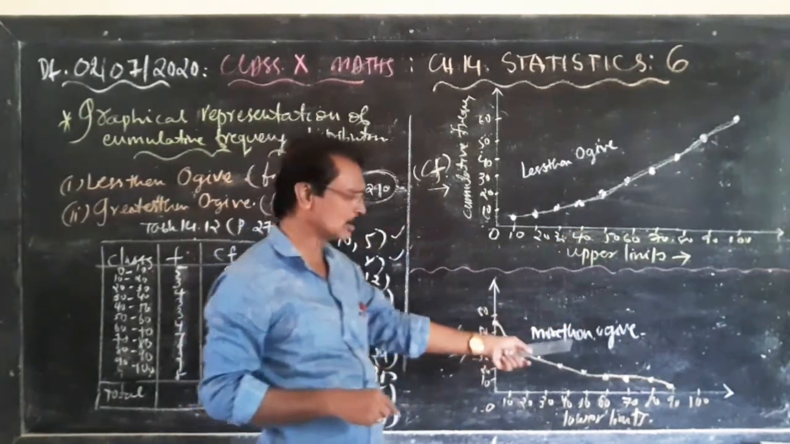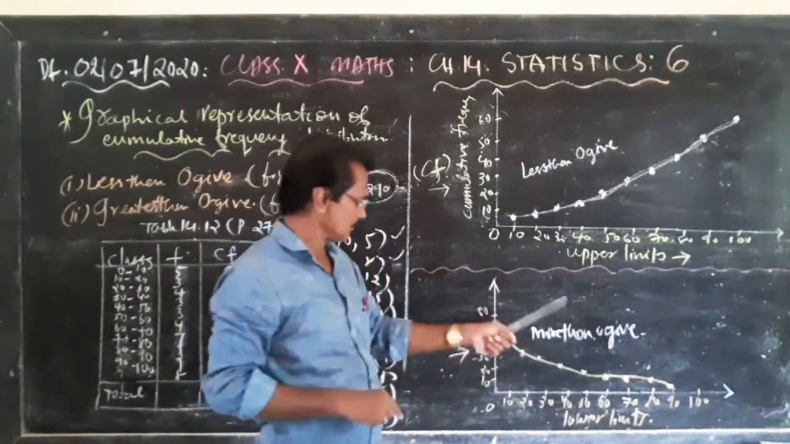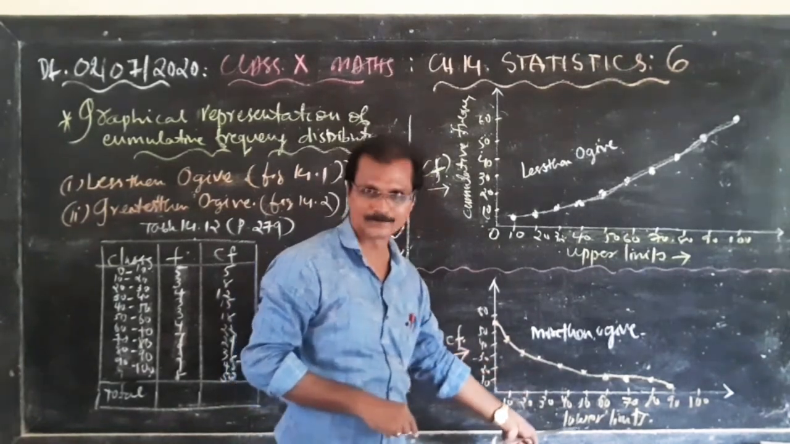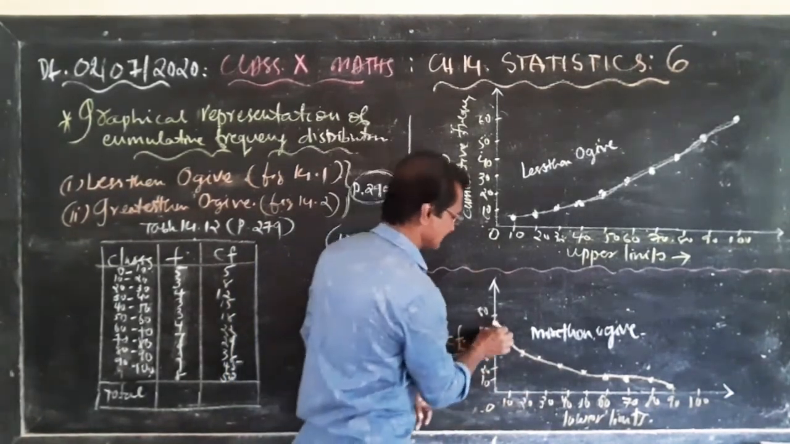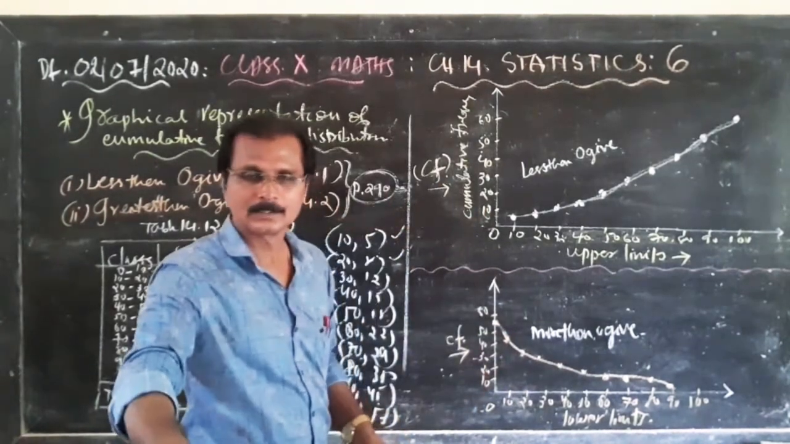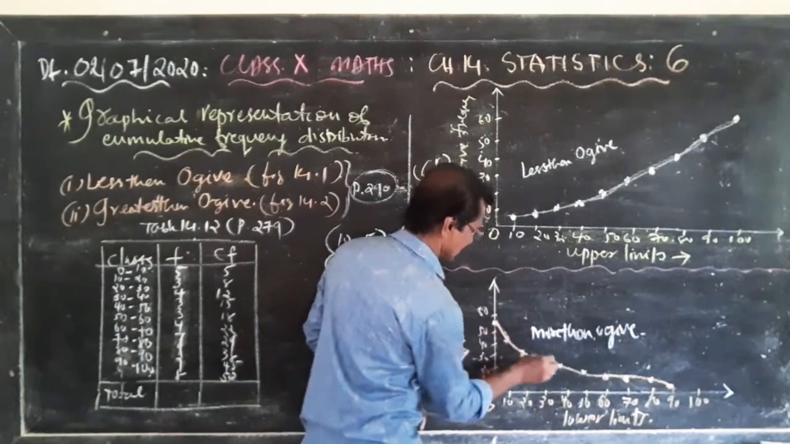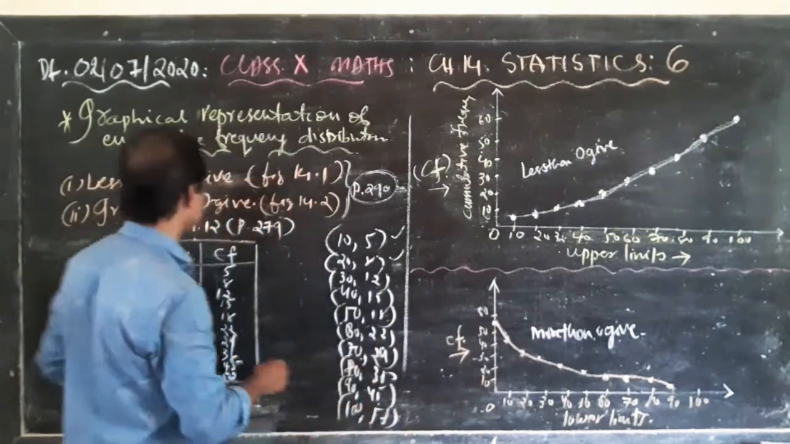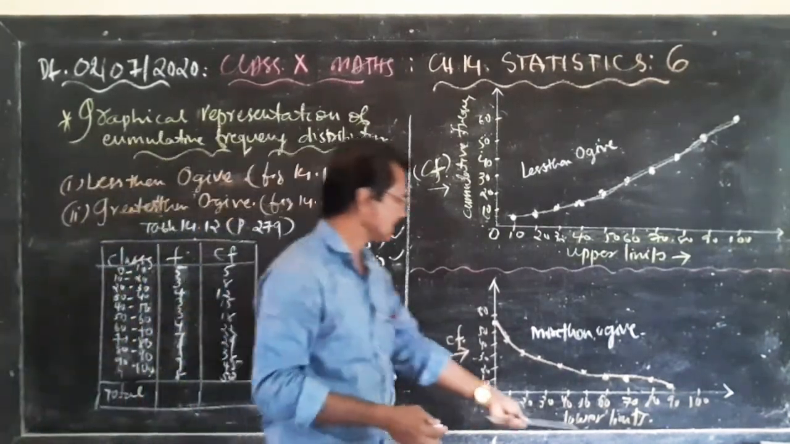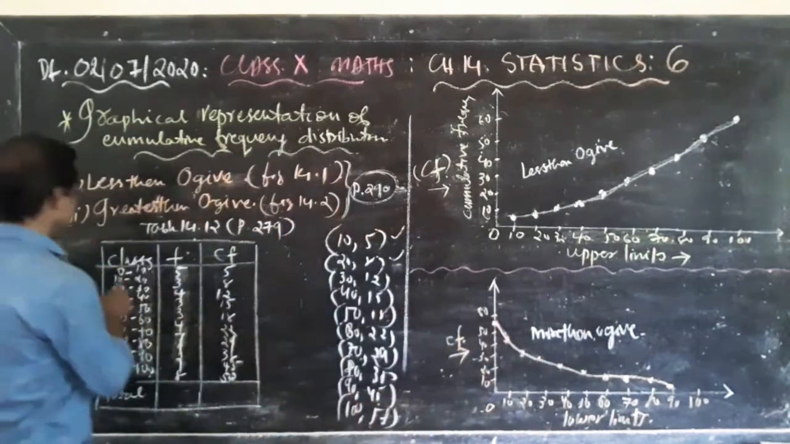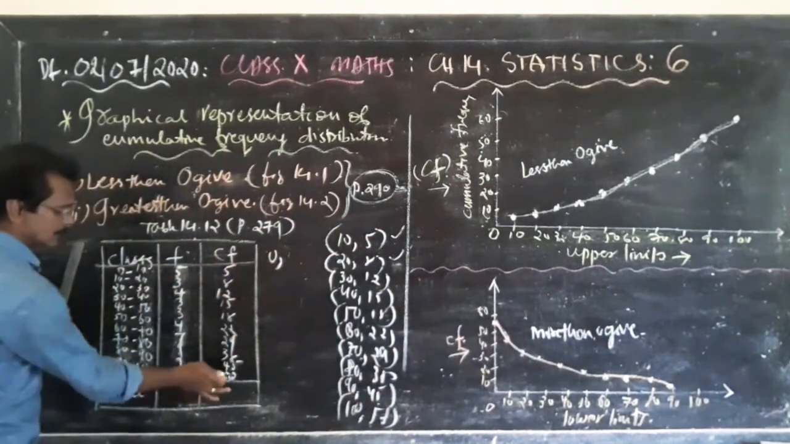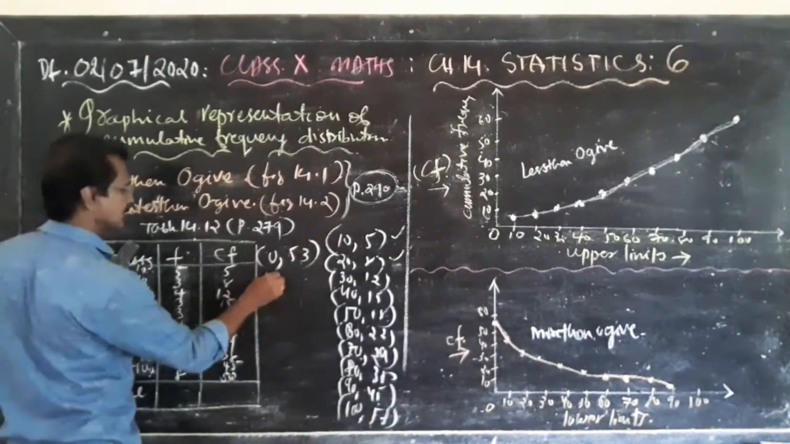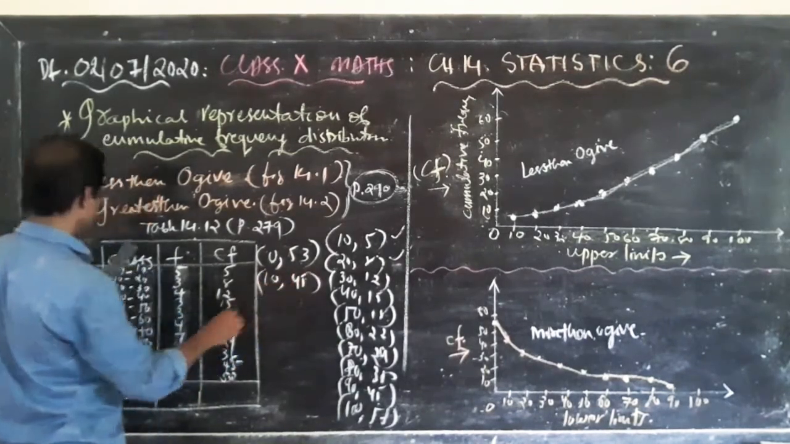Now here, more than ogive. What is the contrast? If you want to construct more than ogive, then you take the lower limit. So the graph is starting from here, coming down. Starting from here, say 53. More than ogive. So how to make the pair? Here also you need to take the points. So how to consider the points? Here you take a lower limit. Lower limit, this is 0. So 0, then cumulative frequency you take 53. 0, 53, then 10, 45, then 20,